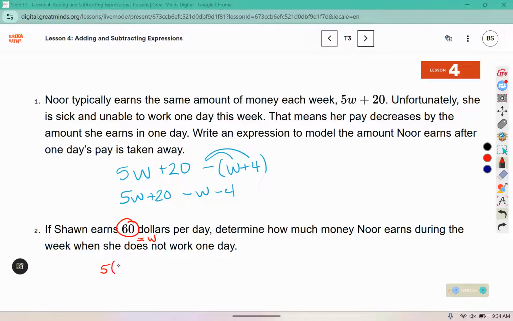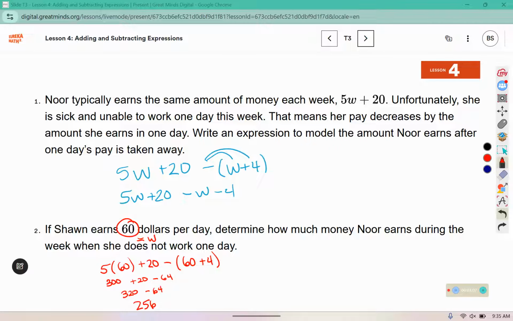So we have 5 times 60 plus 20 minus 60 plus 4. So 5 times 60 would be 300. 60 plus 4 is 64. 320 minus 64 would tell us how much she earned that week that she missed work. So she would earn